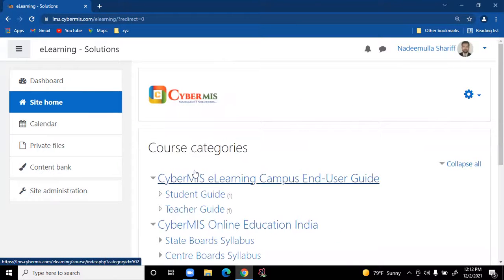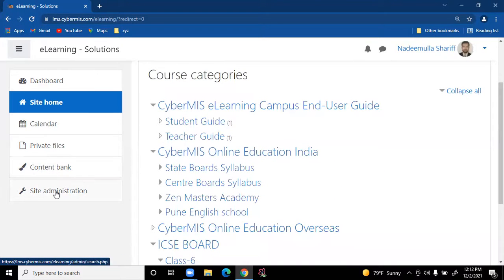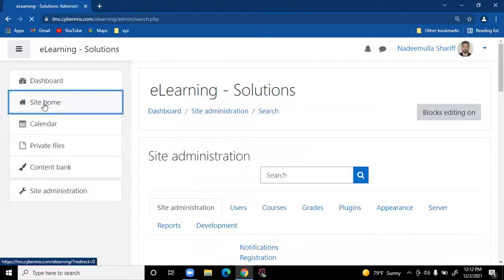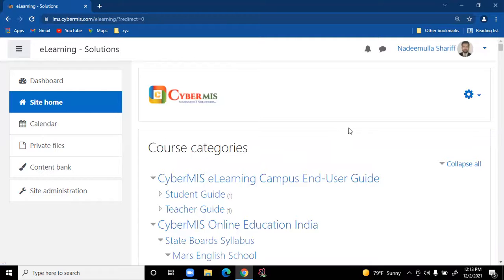To create the category, the first thing is to go to the site admin. As an admin, it is showing the courses here. No, go to the site home, because a teacher will only go to the site home. Admin is only you and me; they will not be seeing admin, so they'll get confused. So from the site home we can drive this.